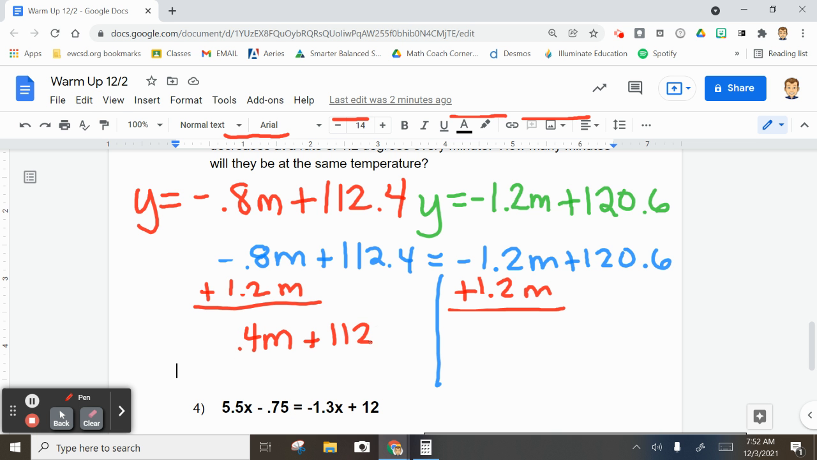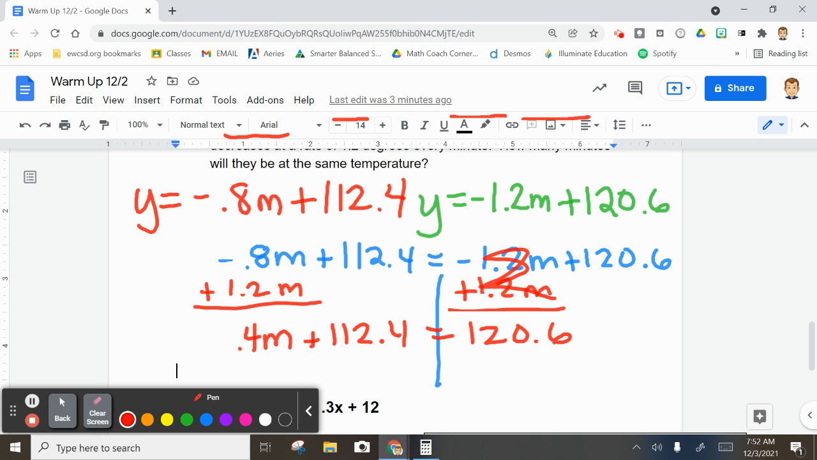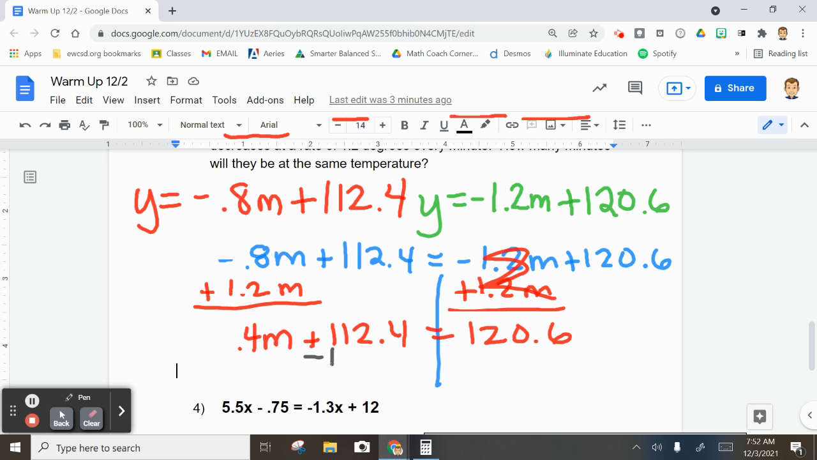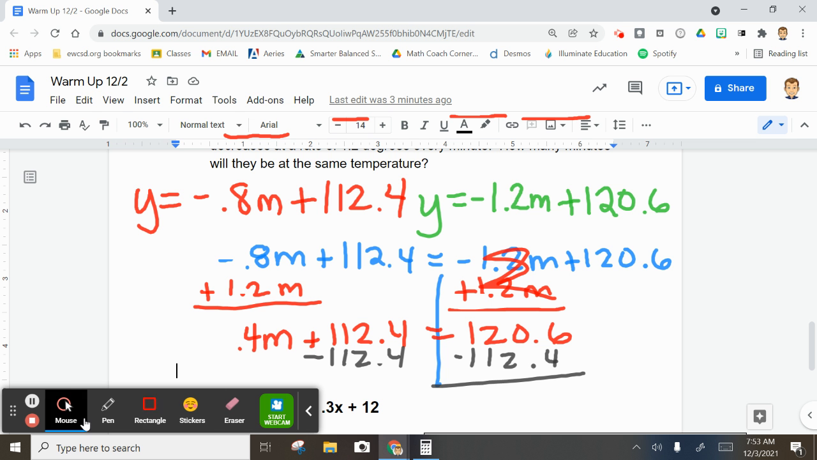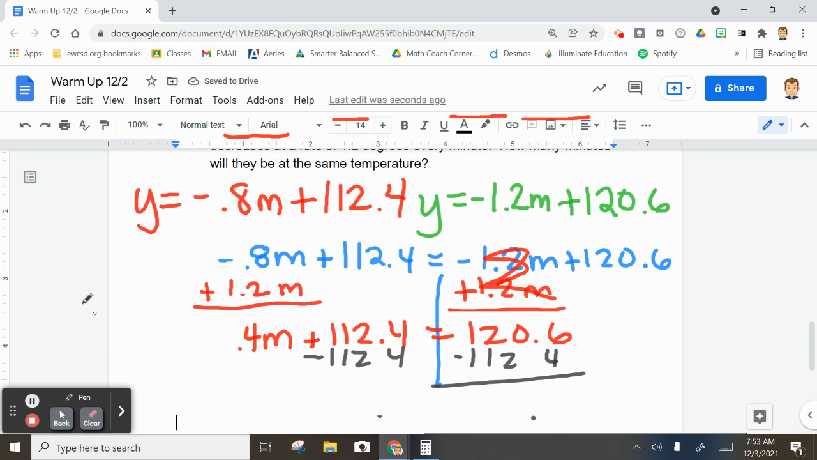All right, keep on going. This is all gone. We got rid of that. Now, how do you get rid of the 112.4? We're going to subtract it. All right, this will be the hardest problem you're going to see. So now you still have 0.4 m. Let me see if I can get this down a little bit more. All right. So 0.4 m here